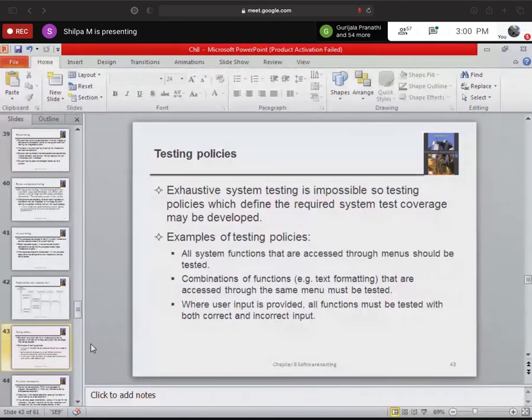So there are some testing policies. Exhaustive system testing is impossible. So testing policies which define the required system test coverage may be developed. Sometimes testing the entire system is possible, but the time constraint will be more.